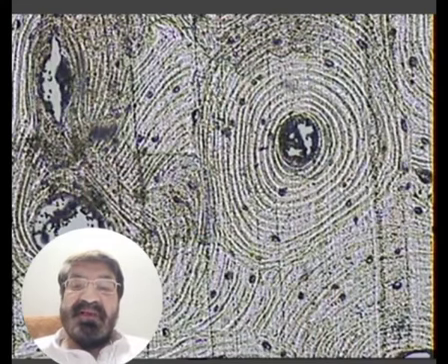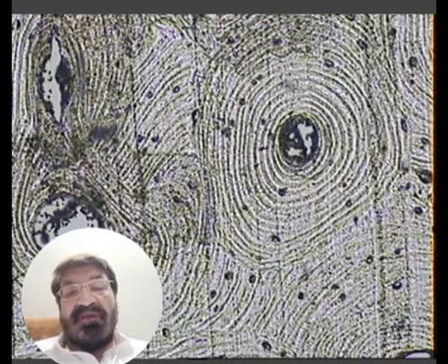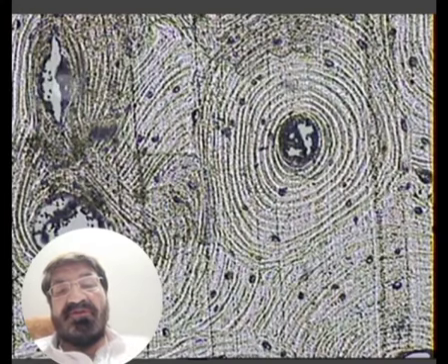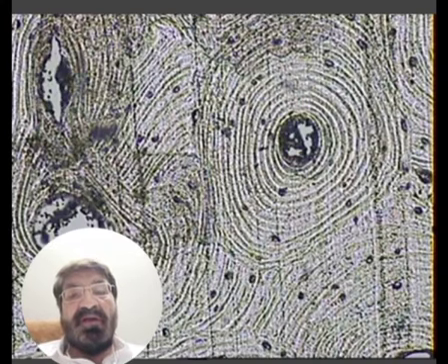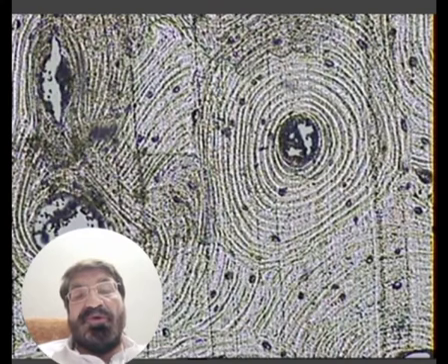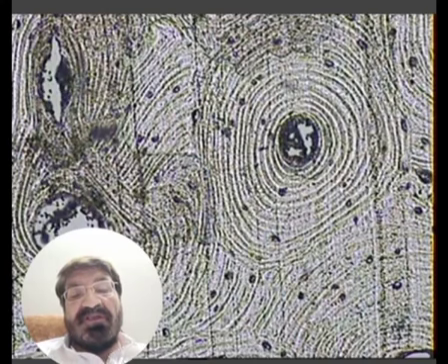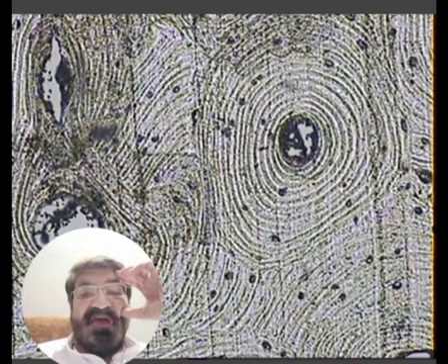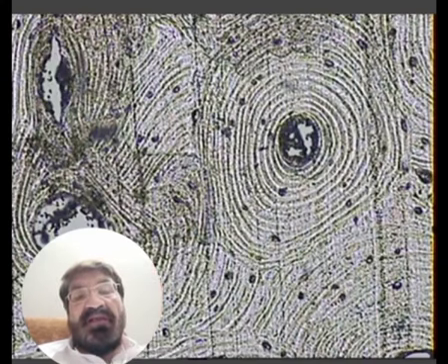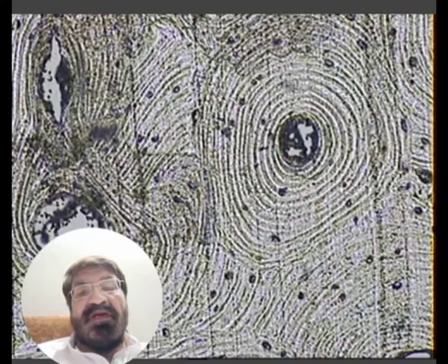Now, this is the microscopic picture of the compact bone. Can you see the osteon? This is one osteon, this is another osteon, this is the third one. These osteons are the Haversian systems. The compact bone is identified by the presence of these Haversian systems. And what is the Haversian system? When we cut a section at the level of the shaft of the compact bone, you will find that the shaft is made up of millions of osteons.